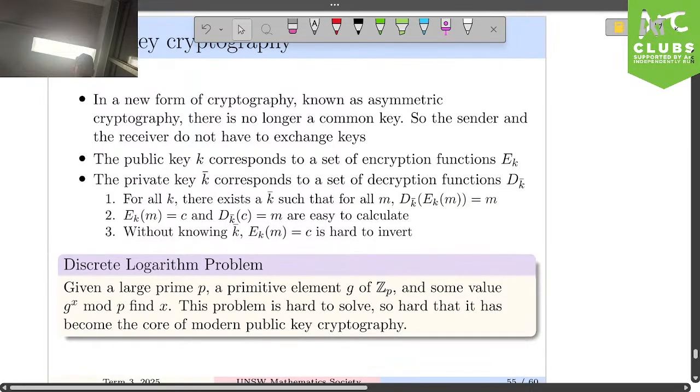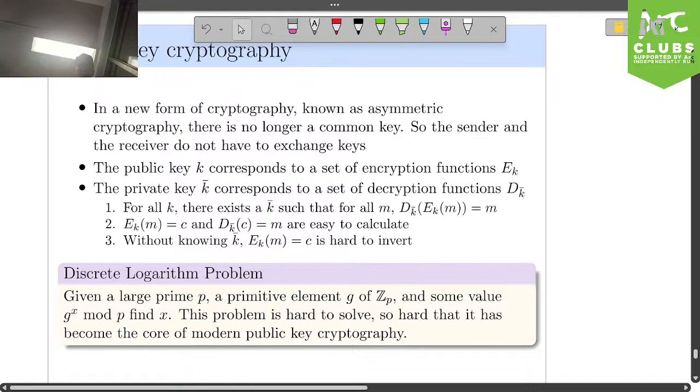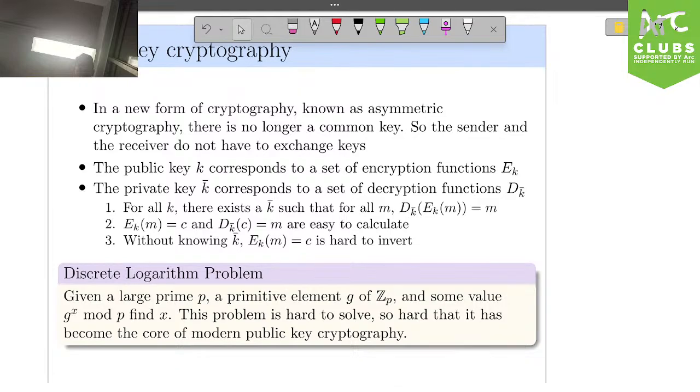The last thing for the day is this thing called public key cryptography. The keys that I have been talking about have an issue, and that is that you have to know the key, and I have to tell you in private. And I wouldn't want to do that. I want to give you the key over the internet, but people can intercept that key, and it's not good. So, how do we get around this?